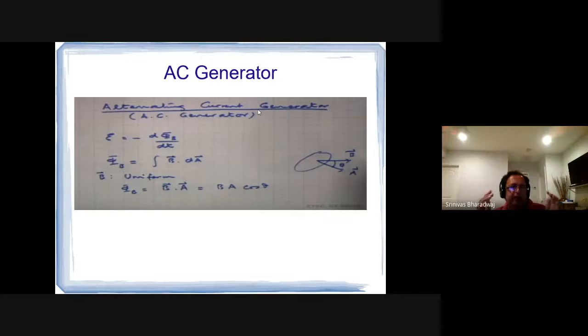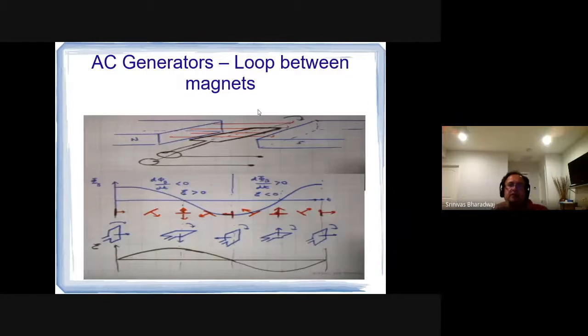So you have an EMF which is sinusoidal. If you keep d theta by dt constant, you will get a sinusoidal EMF, and that's what we call alternating current. That's why he draws this. If you had a phi like this, cos theta, you will have an EMF which is a sine theta.